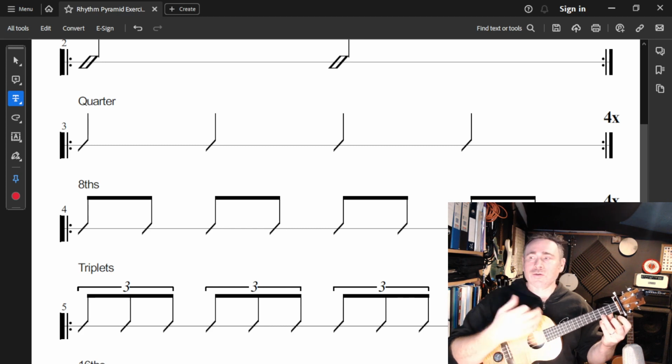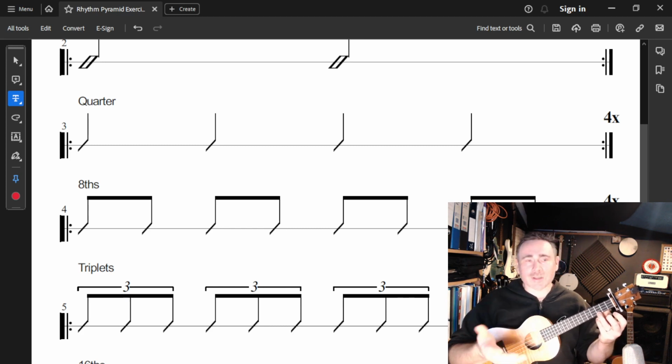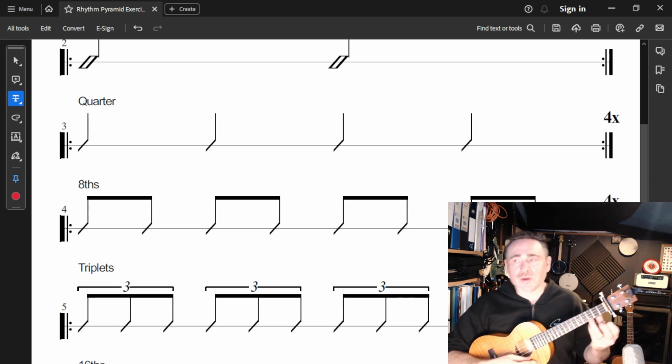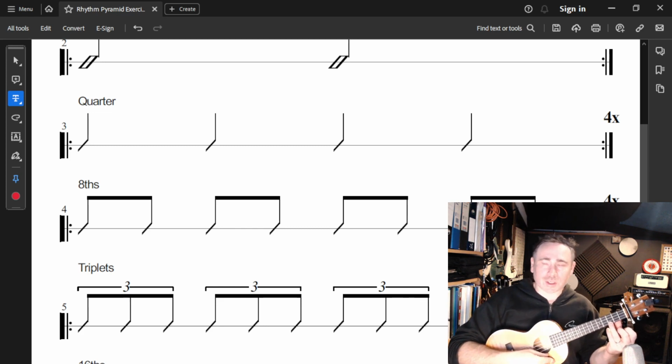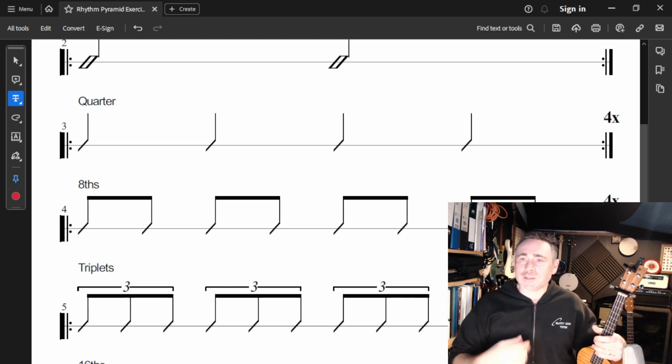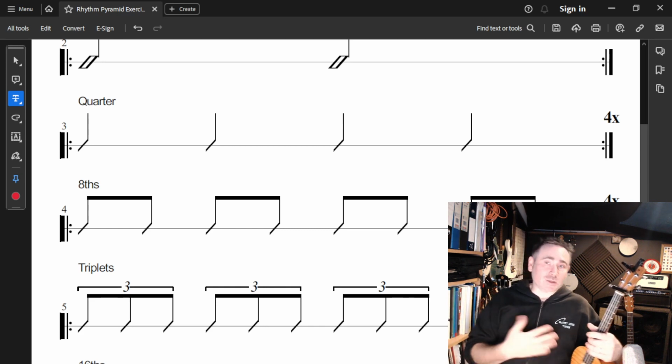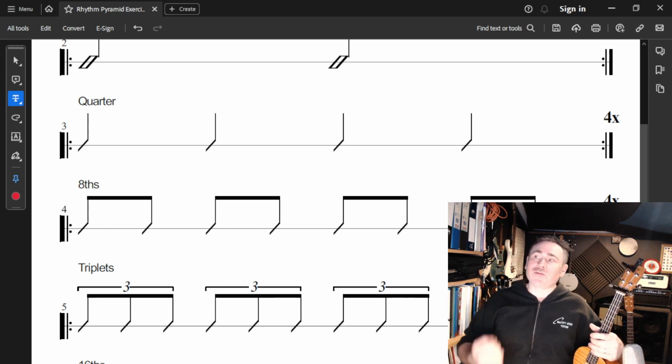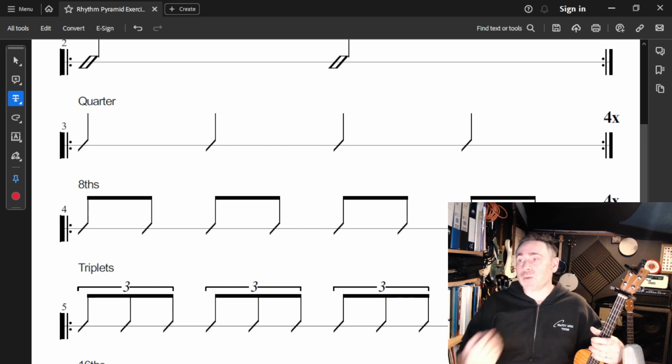1, 2, 3, 4. 1, 2, 3, 4. 1, 2, 3, 4. So you'll be strumming on every one of those beats constantly. Now you could practice doing this on any chord you like, or changing in every bar. So we could do a bar of C, then we could do a bar of F, do a bar of